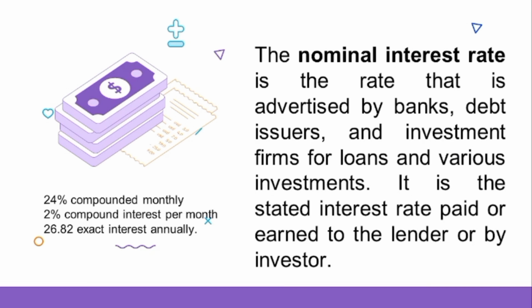So, we have two types. So, we have the nominal interest rate. But before that, etong 24% dyan, yung 24% compounded monthly is the same with 2% compound interest per month, and the same thing lang siya dito sa 26.82% exact interest annually. So this one, etong tinatanong sa akin ni Bea last time, kapag ang clue nyo dito, kapag meron niyang compounded monthly, kapag meron niyang word na